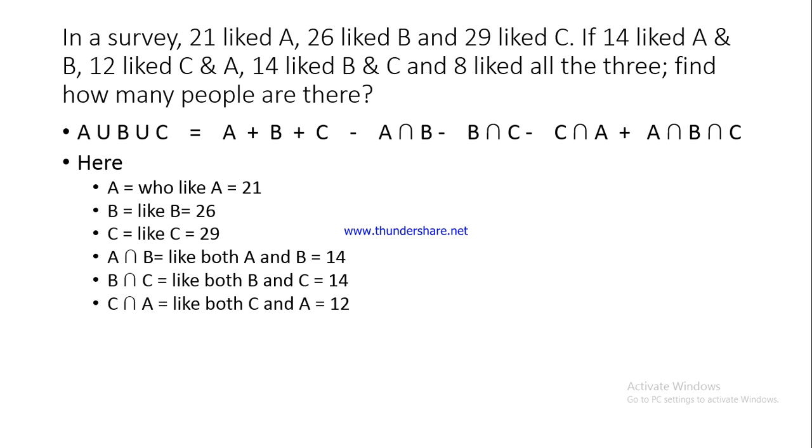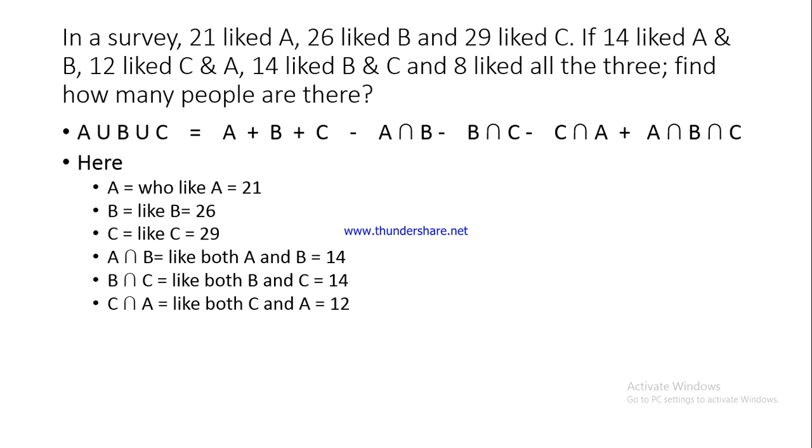And C intersection A is again those who like both C and A, or the overlap. The value given is 12. Now one more value has been given. The value is 8, and this is the number of people who like all the three, who like A, B